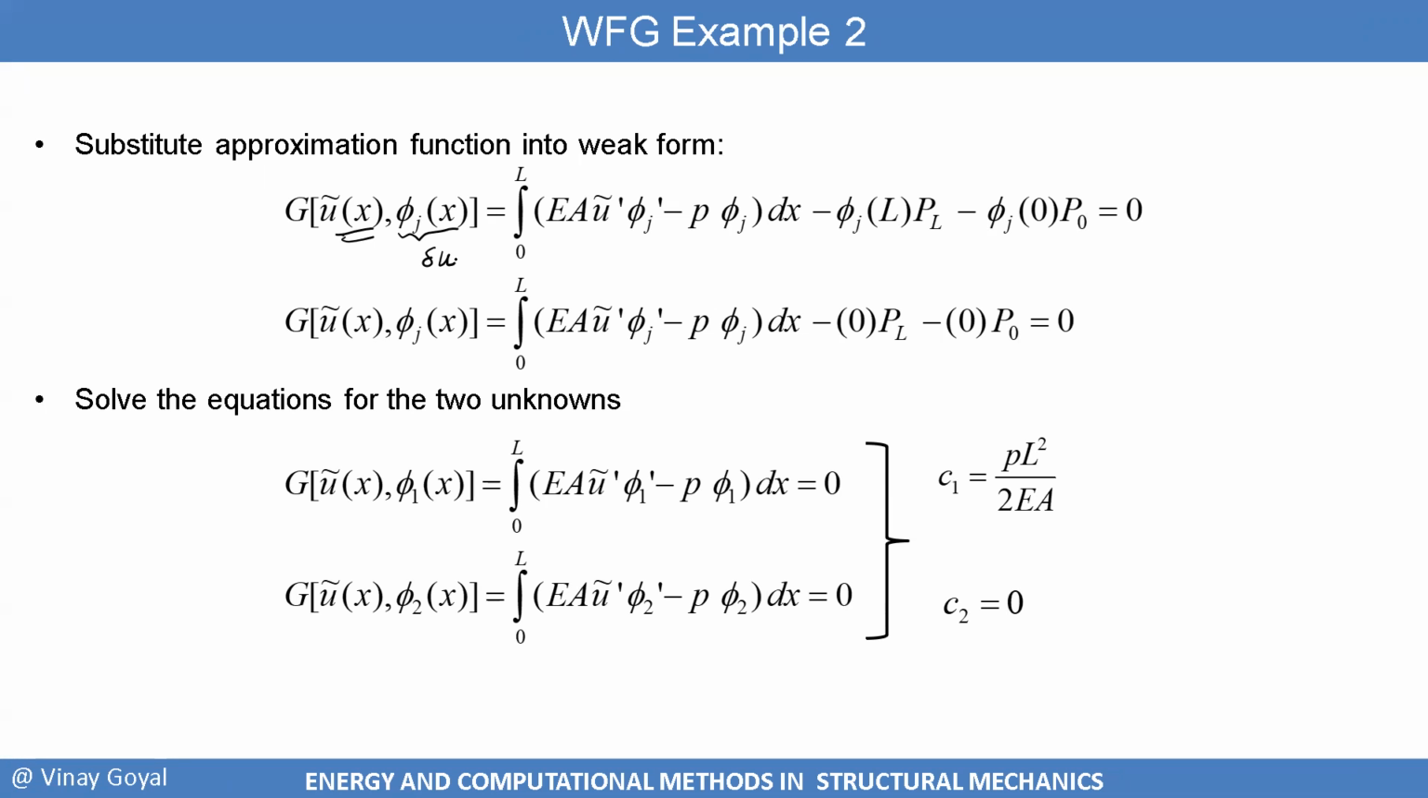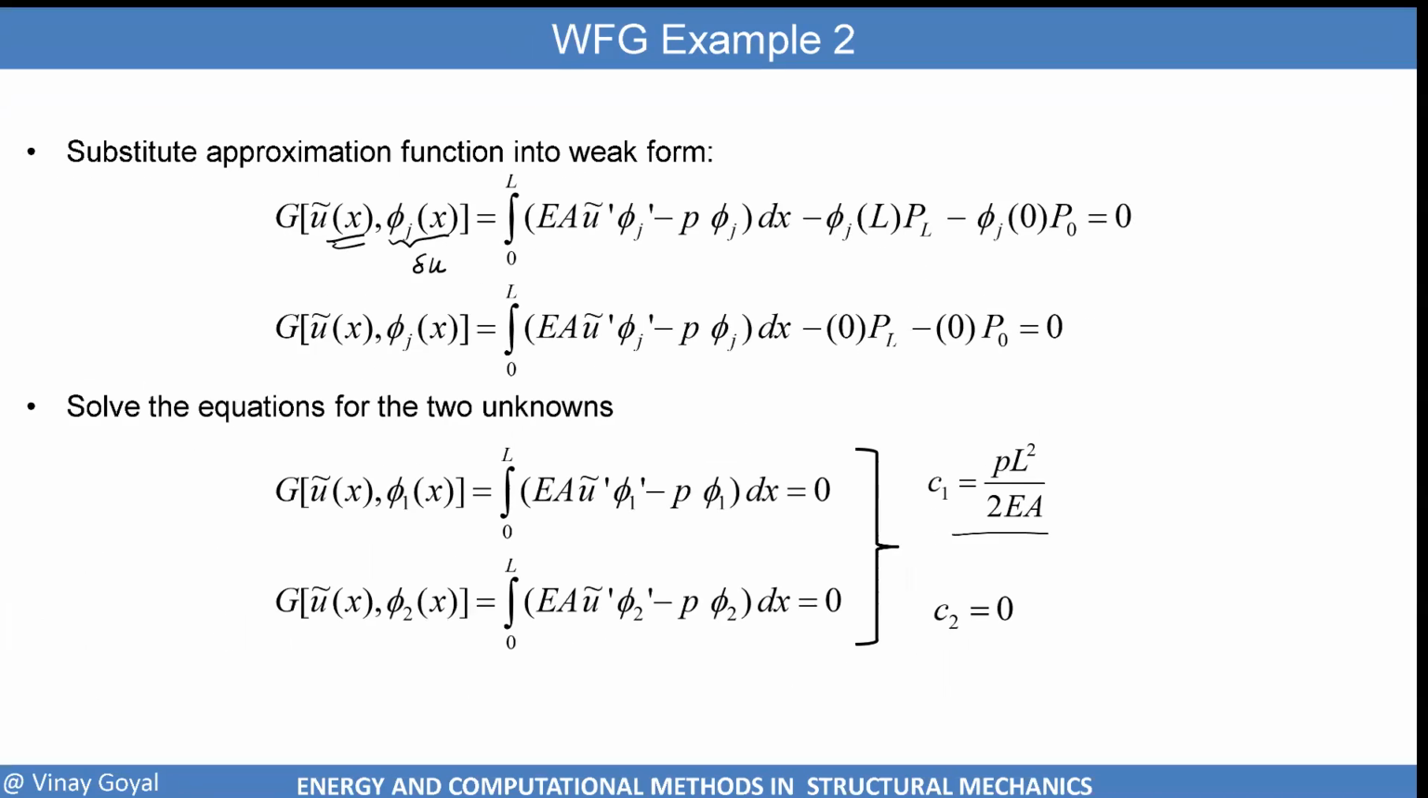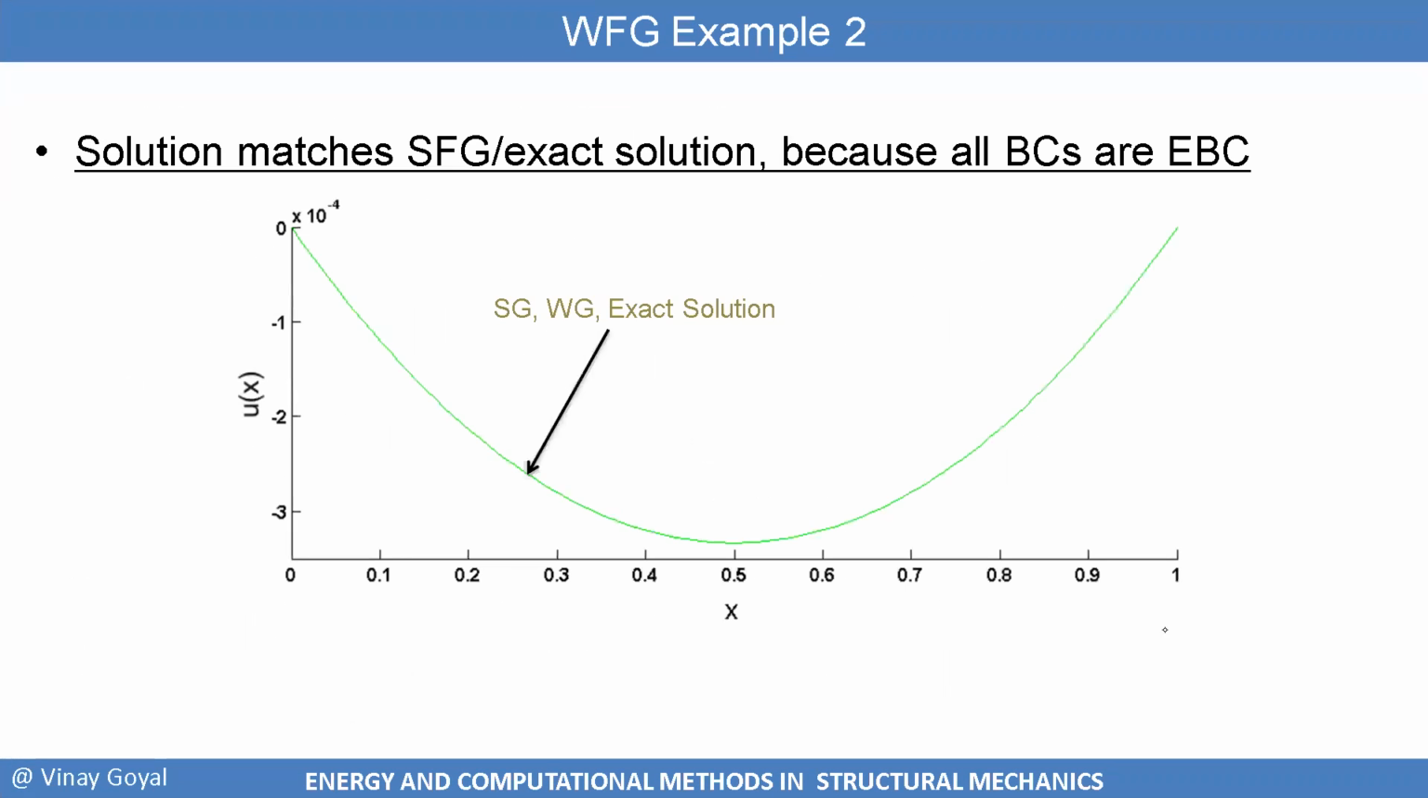in this example. And then you get C1 from here. And that matches the strong form Galerkin solution. You can see here the strong form Galerkin, weak form Galerkin. And if you do the Rayleigh-Ritz on this problem, it will also be exact. Everything will match. And that makes sense because